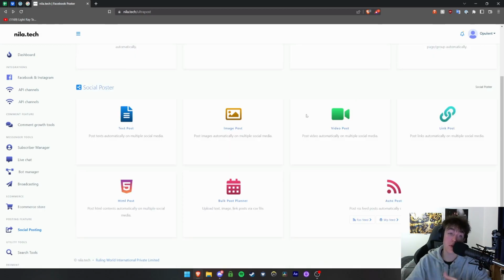Then under social poster, you can create very similar things, but instead this is more based on text and images rather than videos and automation. You've got text posts, so you can post texts automatically on multiple social media. You have image posts, so you can post the images automatically, of course. Video posts, link posts, so links, of course. HTML, so any contents for a website or anything written in HTML, you can post that on social media websites